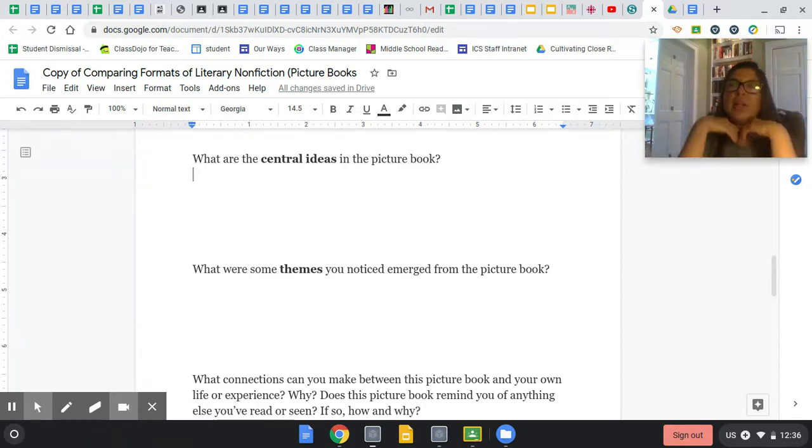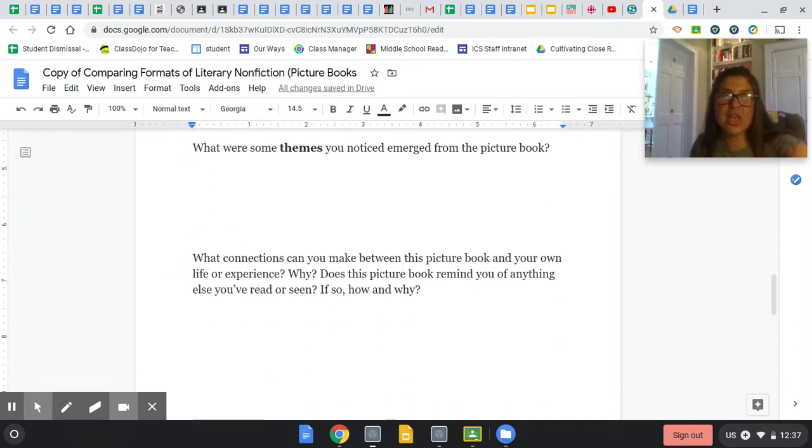So one theme that I see emerge from this book is, in order to change the world, sometimes you have to sacrifice something that you love, whether it be your time, whether it be your career, like Muhammad Ali and Colin Kaepernick. So that's definitely a theme in the book. Sometimes you have to make some sacrifices to make changes for the better of the greater good of people in our world. That would be the theme that I see